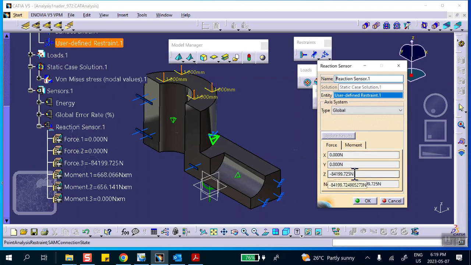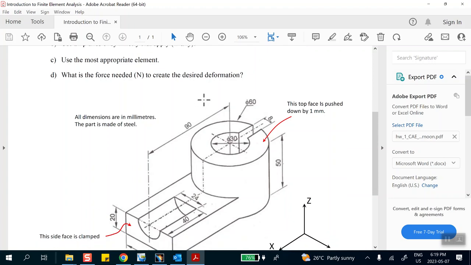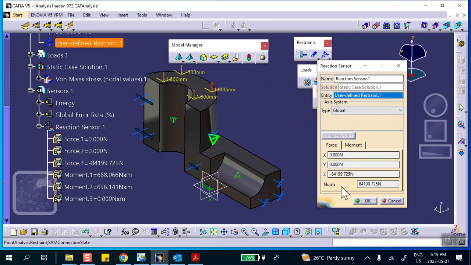On your test paper, you should write 2 times this because this is the force needed to create the deformation for the thing that we model. And this is half of the entire part. So the actual force for the deformation needed or caused in this problem is going to be 2 times 84,199 newtons. Okay? Otherwise, there's going to be point deduction. First of all, I want to be able to see it there, where you got the number. And in this particular problem, notice that you're going to have to write double of this, 2 times that. All right, folks, so this takes care of